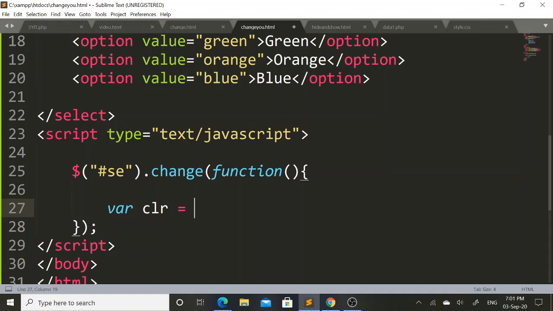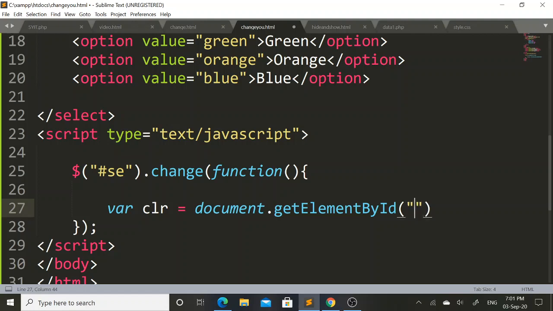So to identify the particular color value, I will take the help of DOM object, that is document dot get element by ID, open parenthesis, close parenthesis.